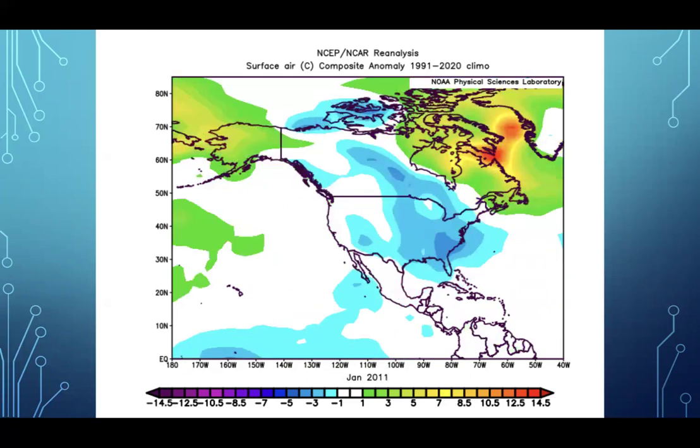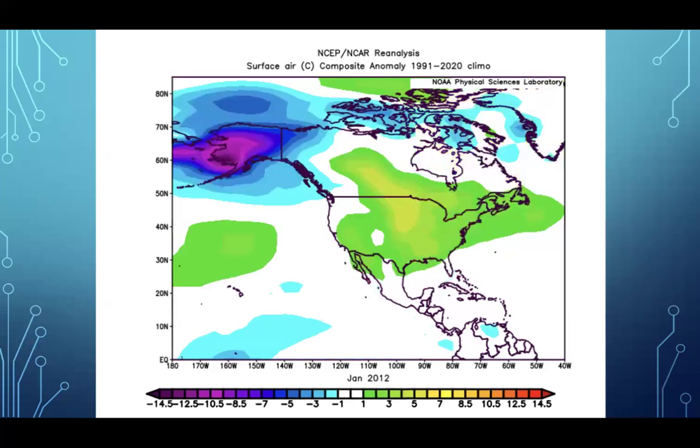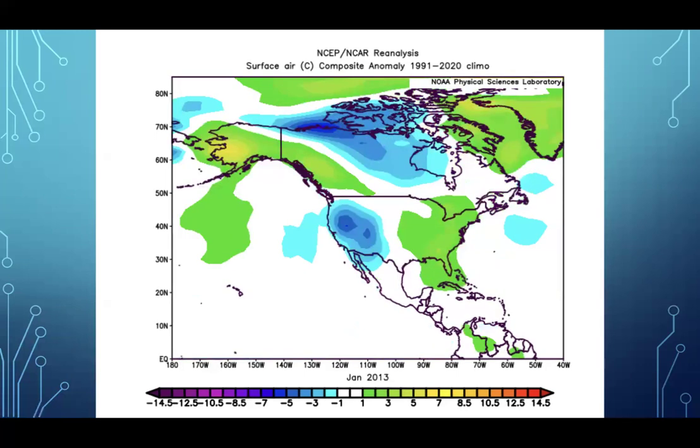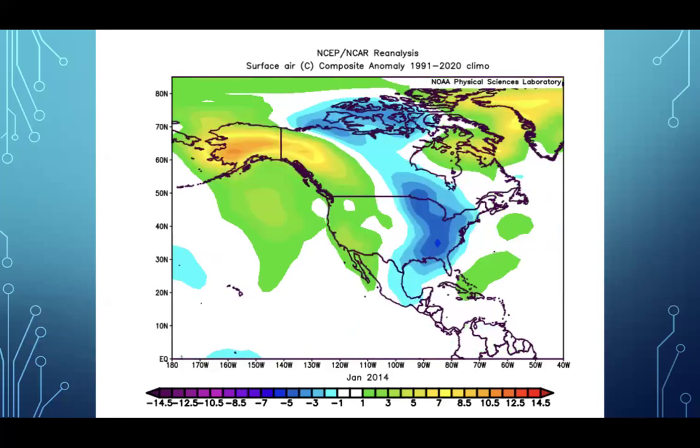2011, also cold, La Nina situation. Another La Nina situation, but 2012 is warm. La Nina typically would favor a trough or a ridge here and a trough here, but you're getting a subseasonally forced pattern that's overwhelming the monthly mean. 2013, 2014,